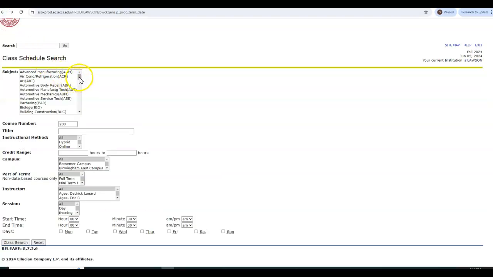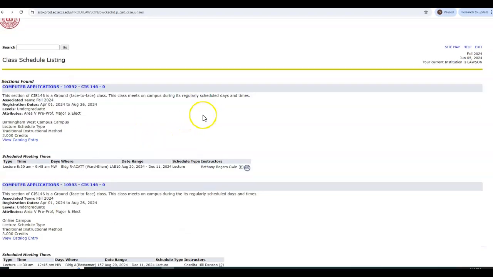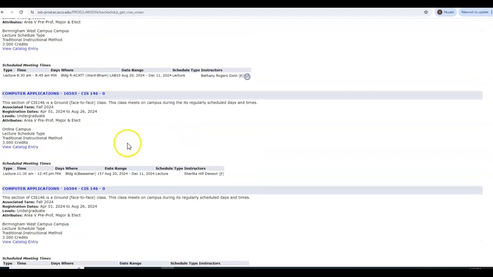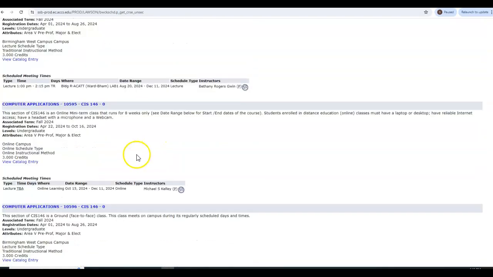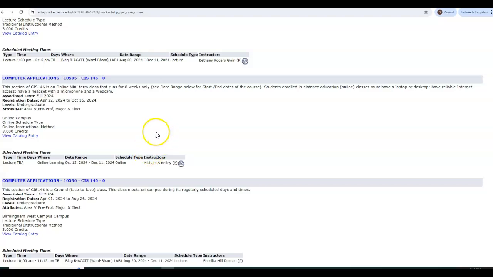Okay, so next one I'm going to do will be, let's see, I'm going to look for CIS 146, Computer Science 146. I might get lucky. I think with that one, I may try that one online. So I'm going to see if I can find any online options. So I look at this one, that's the ground course. And I can see this one, see, it tells you at the top what they are. Ground course, this is a mini term. Oh, it only runs for 8 weeks. I like that, and it's online. Oh, wow, I really like that course because I can take it half the time because it's a mini term. Oh, and Mike Kelly's an excellent instructor. I'm going to go ahead and take this one,